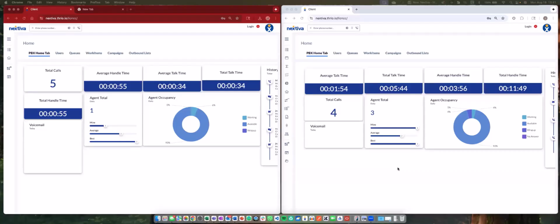Once we get that phone call, we're going to simulate a telephone answering service. It comes in, it's going to go to the agent, and the agent is going to be able to handle that call. Very, very simple, easy. In some use cases, that would be the end of the conversation. And we can disposition that call as such and you can have the ability to report on that as such.